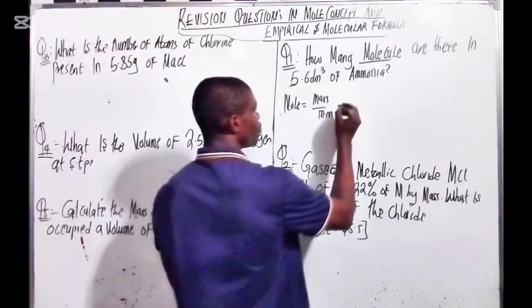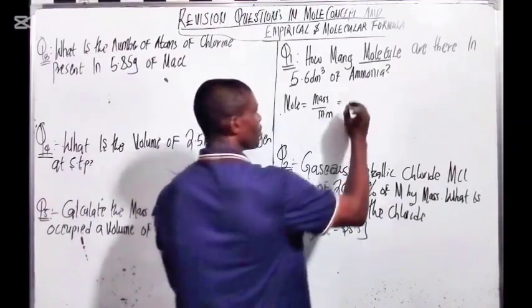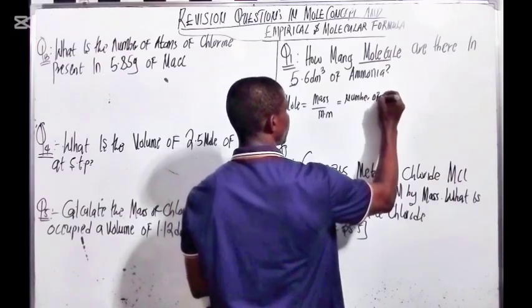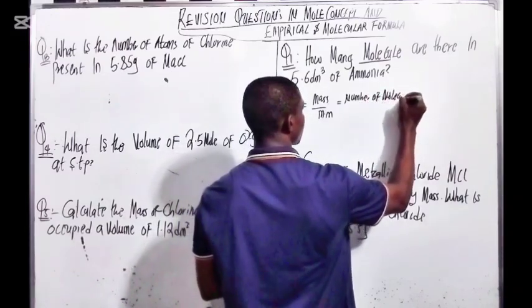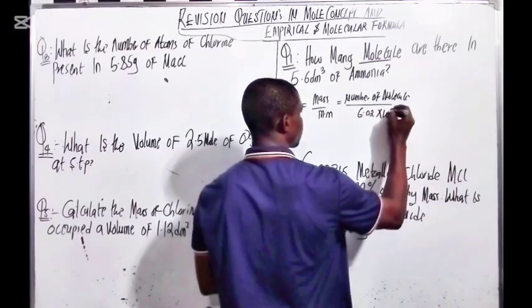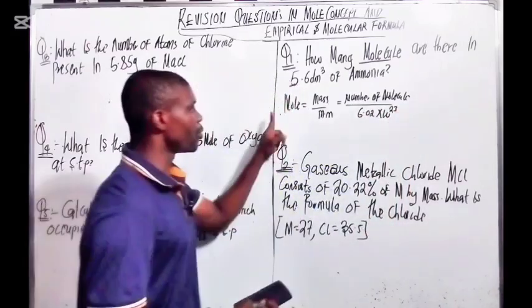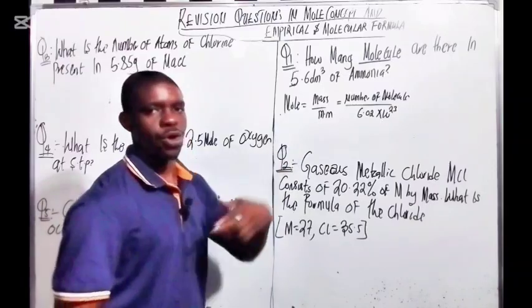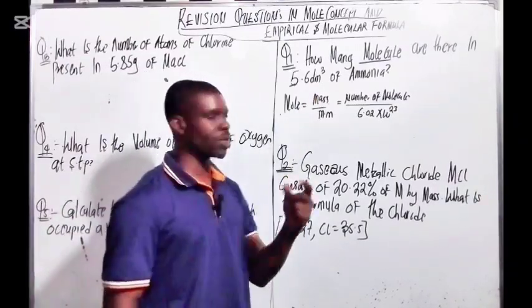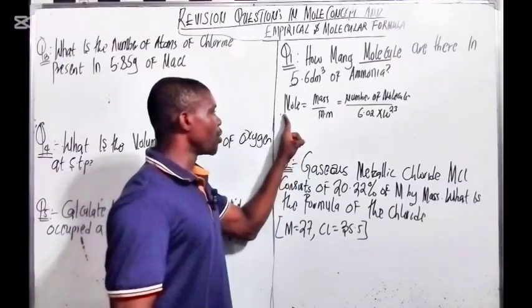Then we also have mole equals number of molecules over 6.02 exponential 23. So mole equals mass over molar mass. When the question gives you mass, and says calculate the mole, use this one here. Mole is also the same as